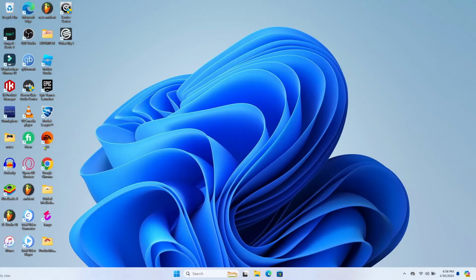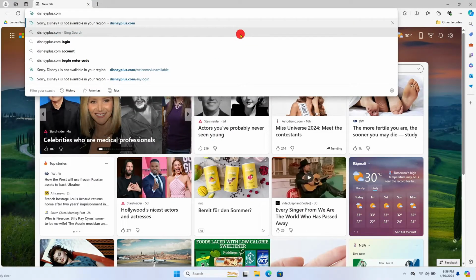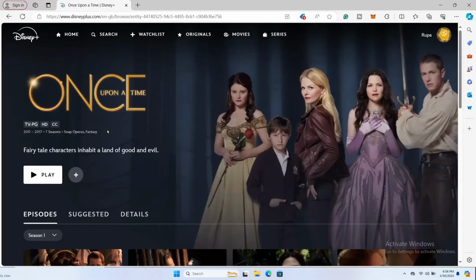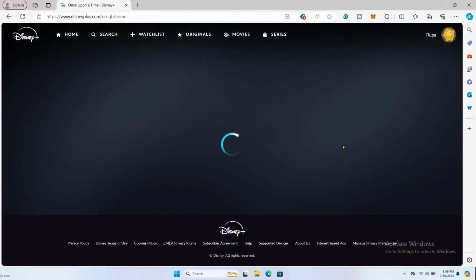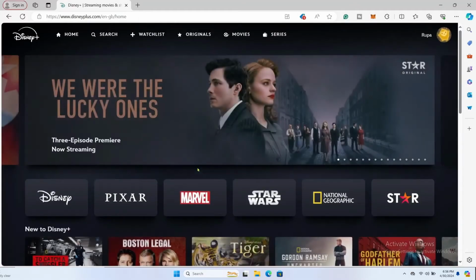First of all, open up your web browser and then in the address bar type in disneyplus.com and press enter. You will now be taken into the official Disney Plus website. Now if you haven't logged into your account already, go ahead and use your email address and your password to log in. And once you are taken into the homepage, you will see various different movies and shows that you